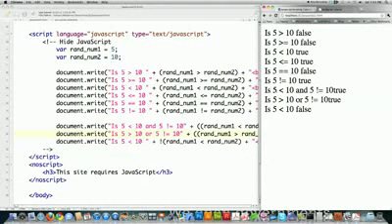Here, we're checking if 5 is less than 10. Yes, that's true. And we're also checking that 5 is not equal to 10. And that is also true. That's why we get a value of true here. And here, one of these is true, meaning that 5 is not equal to 10, and that's why we